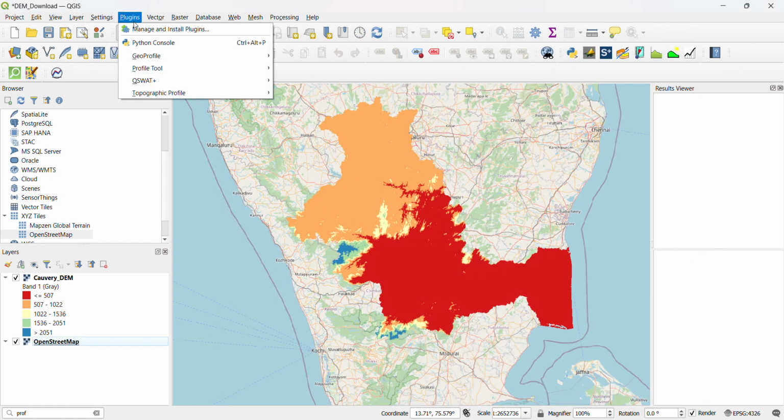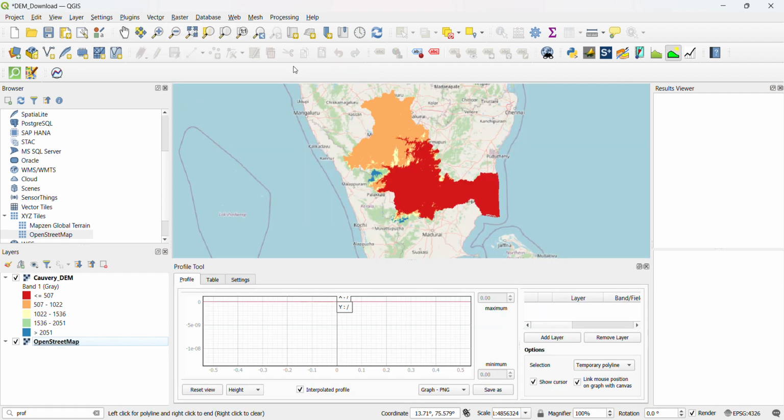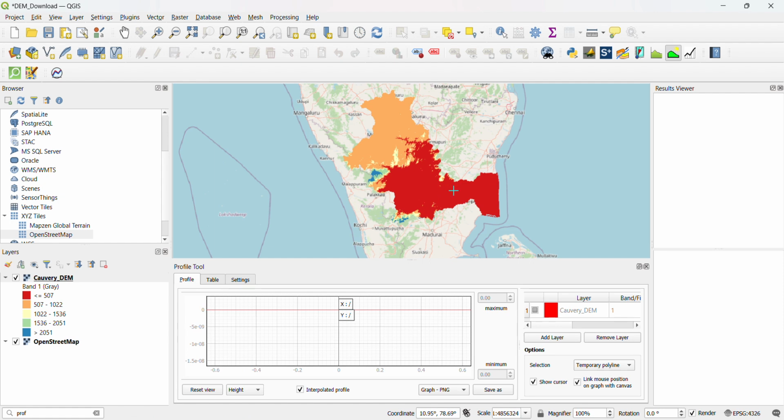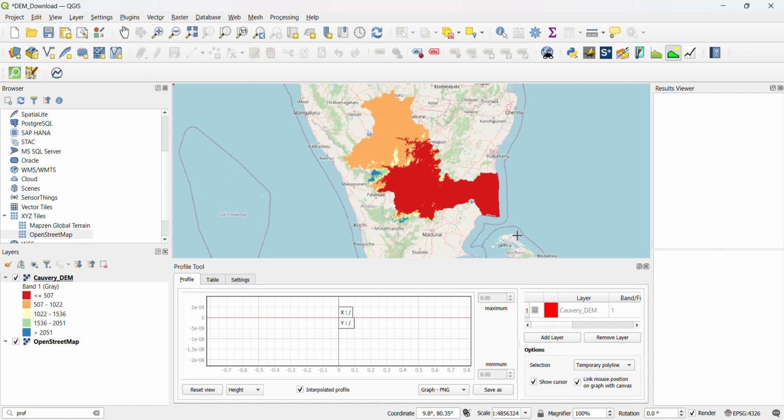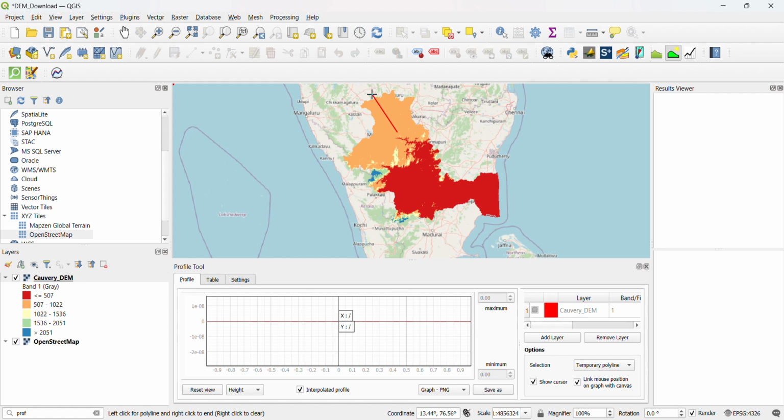So open this, go to this terrain profile. So click your DEM, add to the layer. So I'm going to see from top to bottom. This is the topmost end of a watershed, and this is the bottommost end of the watershed. So just click it,